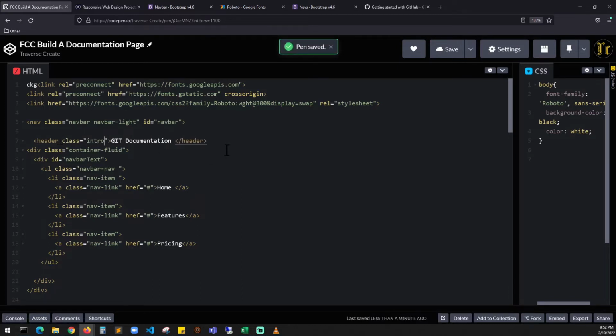I'm going to call this intro. Save this. I'm going to change this from navbar-text to navbar-nav, and I'm also going to save this,